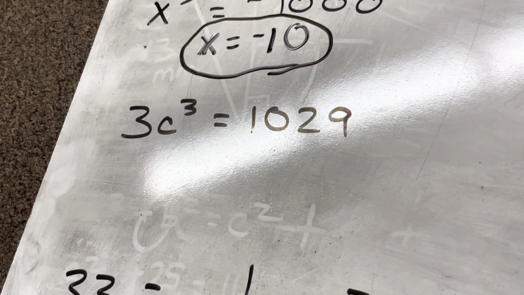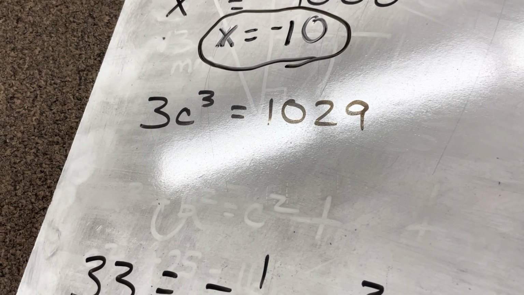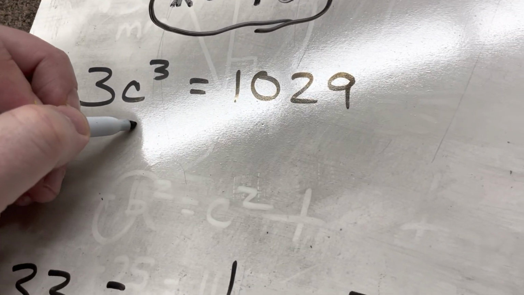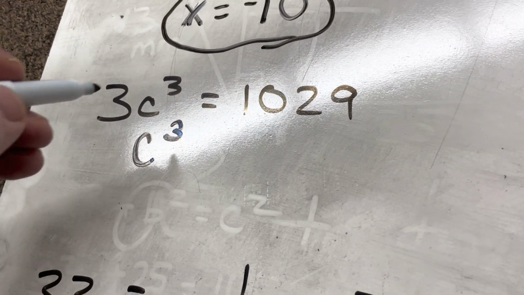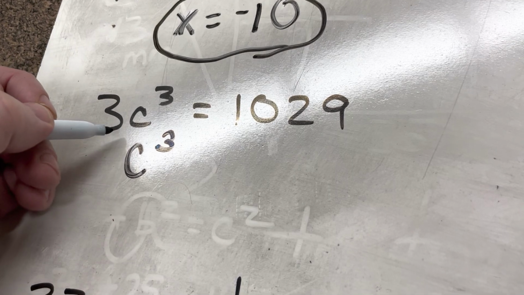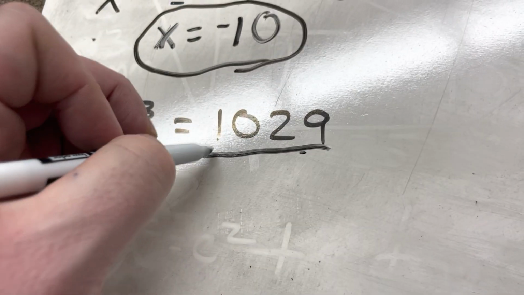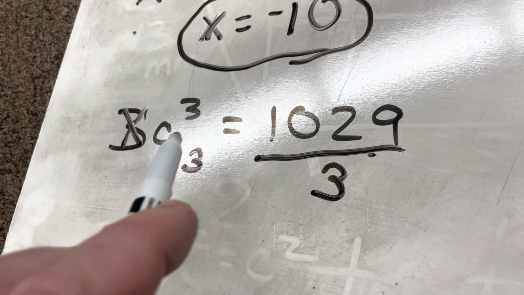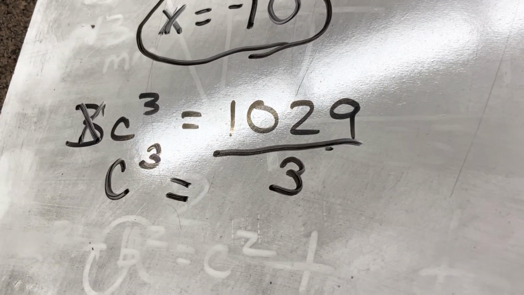All right, 3c to the power of 3 equals 1,029. Well, I want to go through that same process. I want to isolate c to the power of 3 by dividing both sides by 3. So I can eliminate the 3 by coming over here and dividing both sides by 3. If I divide this side by 3, it just leaves me with c cubed. And then I'm going to take 1,029